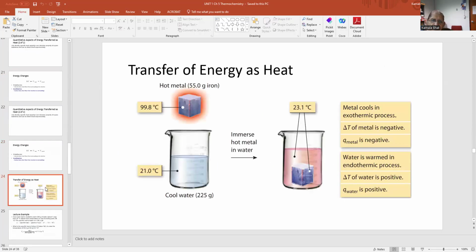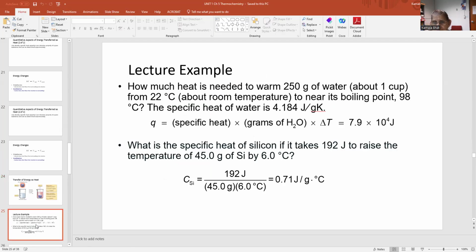And here is a very simple example, the same type of experiment performed in the lab to find the specific heat of a metal. If you put a hot metal into cold water, you know that the temperature of the cold water will rise, whereas the hot metal will cool down. And the final temperature, because this is a heterogeneous mixture, will be the same for both. Using that, we can calculate the specific heat of the unknown metal, because we have heat lost is